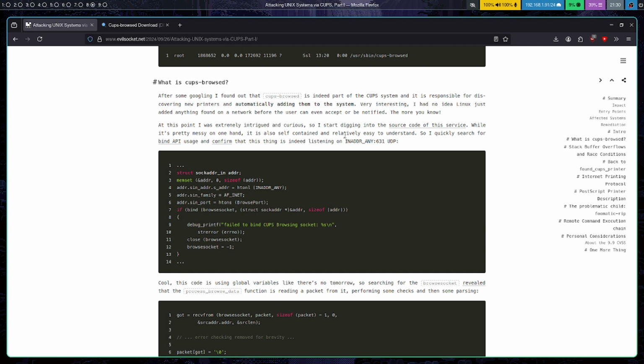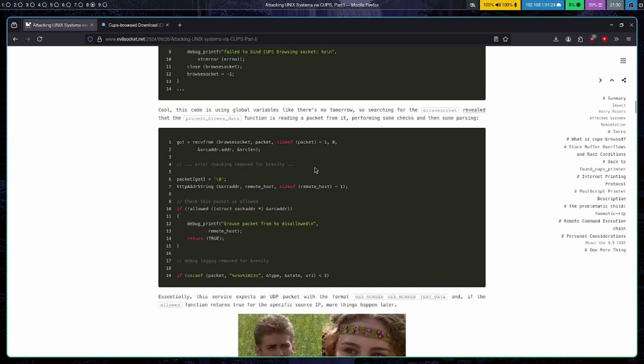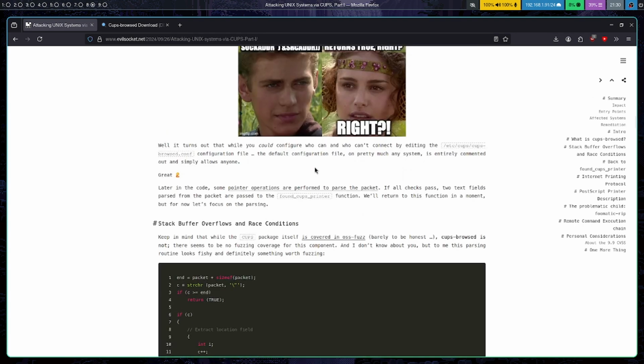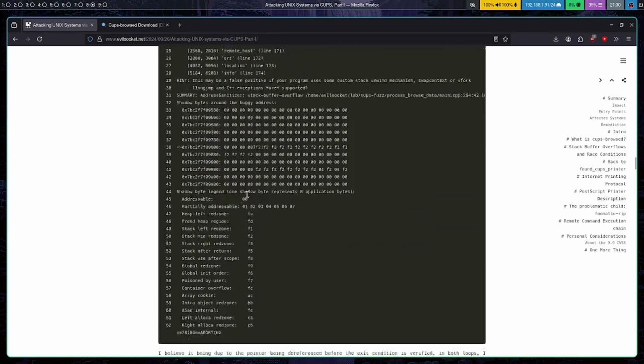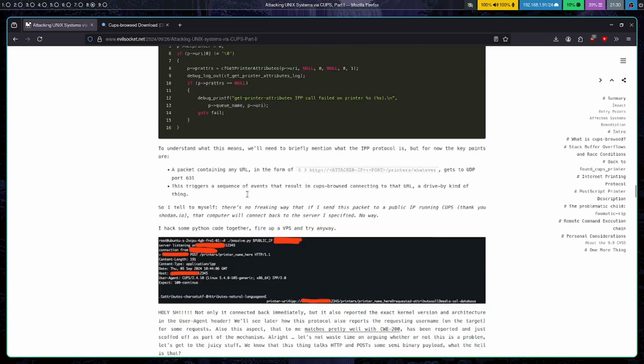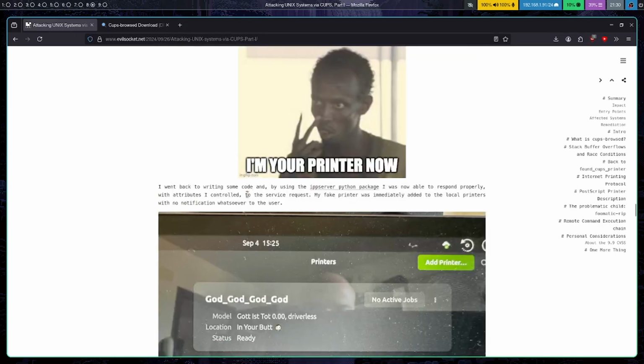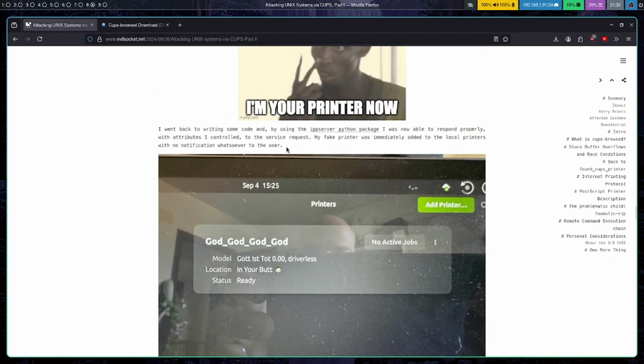If you want to look through all this code, I'm not going to go over it because I personally haven't gone in depth with the code. I've just been notified of the vulnerability. So let's see if I can show you. So yeah, of course, it's stack buffer overflows and race conditions. Let's see, go down here. There's a little screen cap where it shows whenever it exploits that,